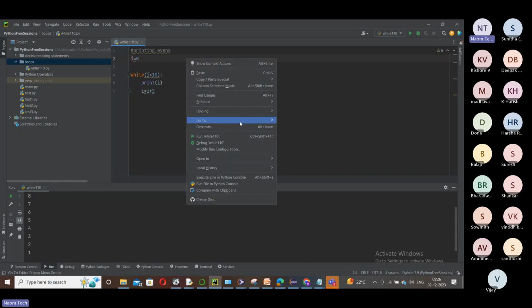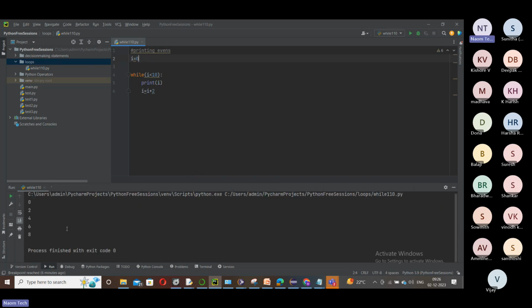Right click and then run, and you can see all even numbers. So what's happening here? We are just setting this I to 0 and then incrementing I by 2. This is a simple approach. This is approach 1. Okay, friends, you can test it quickly.